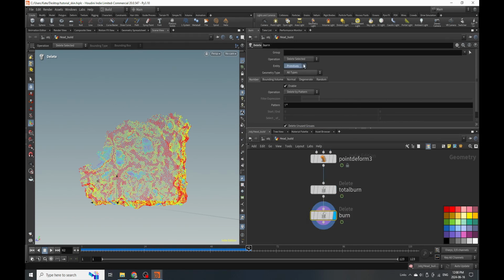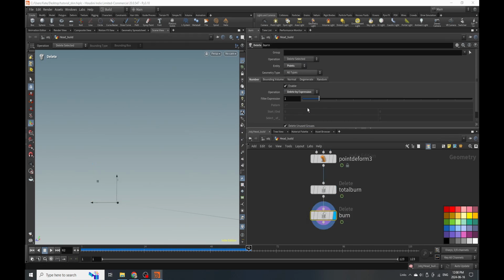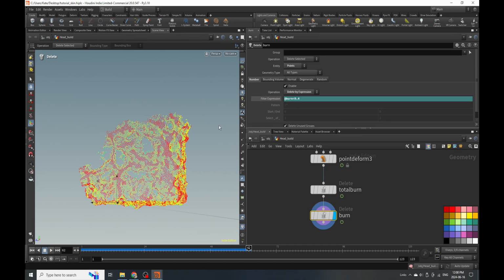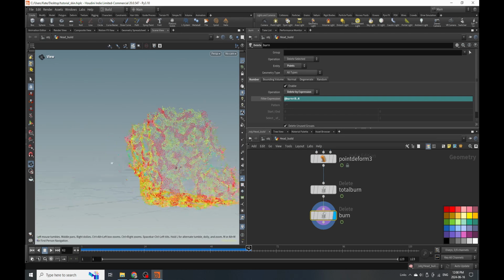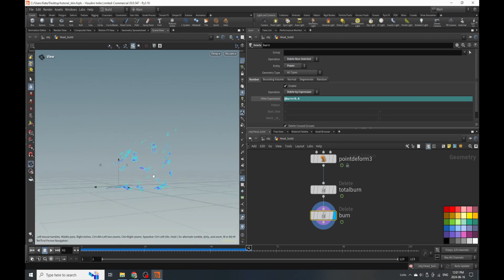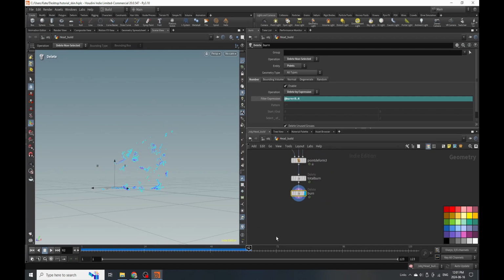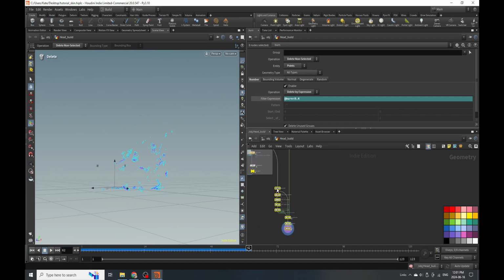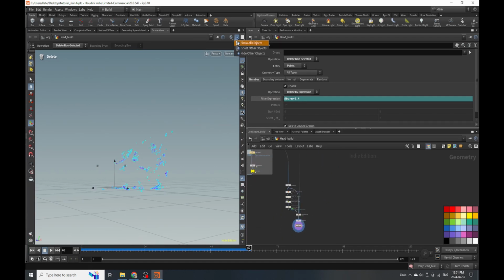And for now, we're going to go points, delete by expression, add burn, and we've got some areas of radius that we can now isolate. So this is great. Those are where our boils are going to show up. So now, perfect, we have our emitter of how the boils are going to look, and if we visualize our